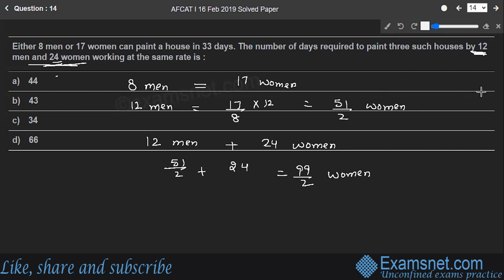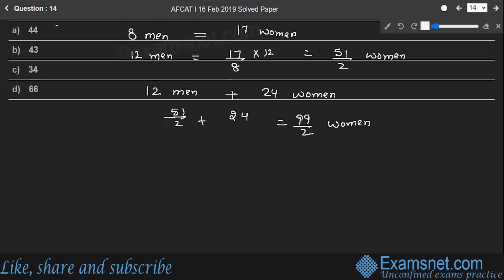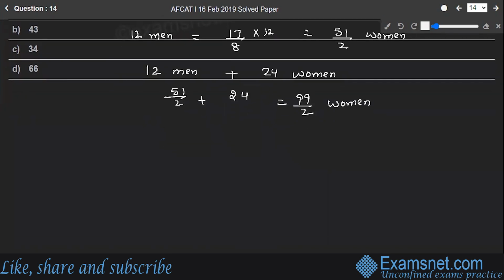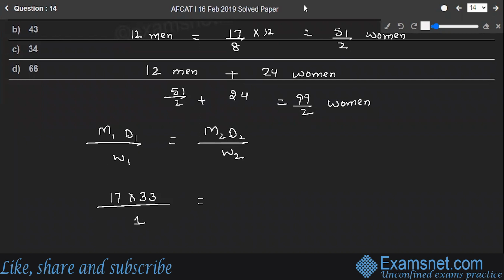Right? So now using the same law, that is the work done in both the cases, the work done efficiency is equal in the second case. That means M1 T1 upon W1 is equal to M2 T2 upon W2. Number of women in the first case were 17, right? Multiplied by 33 upon 1 is equal to